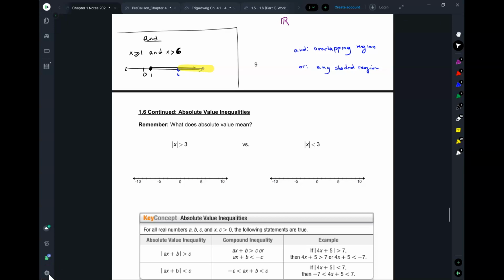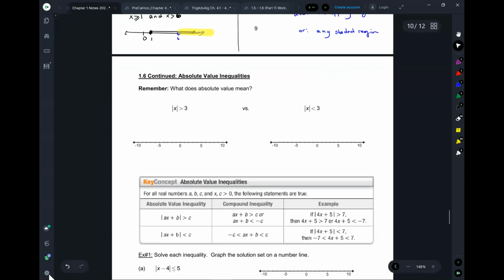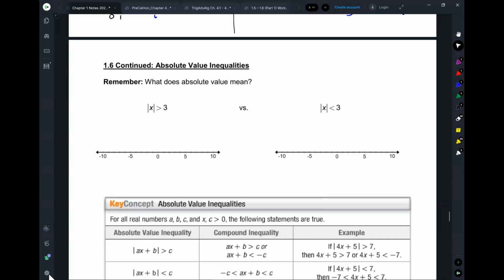Okay, so we're going to talk about 1.6 right now, absolute value inequality. So remember what the absolute value means, right? It basically means distance from 0. Okay, so here we have absolute value of x is greater than 3. That means we want our number to be greater than 3 units